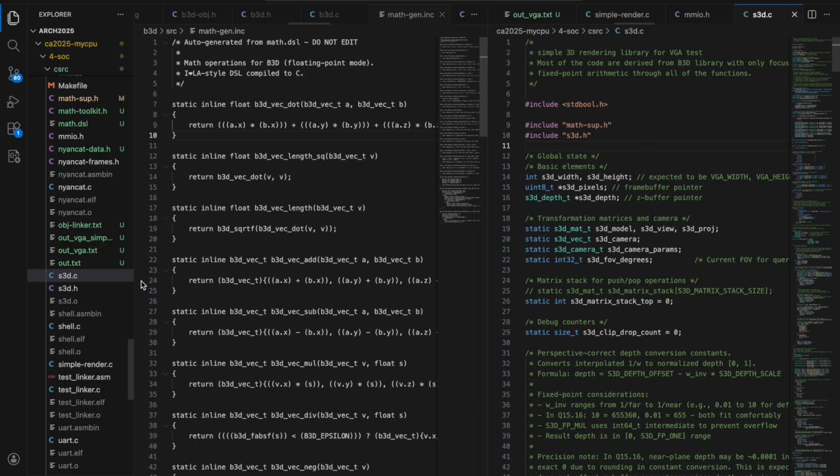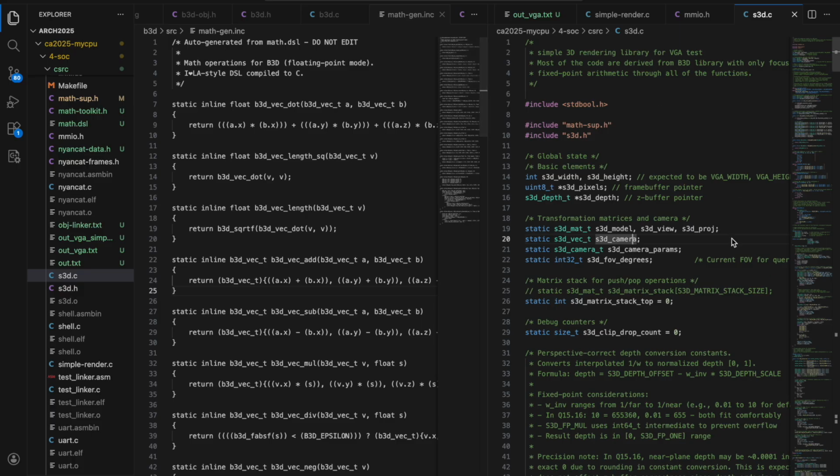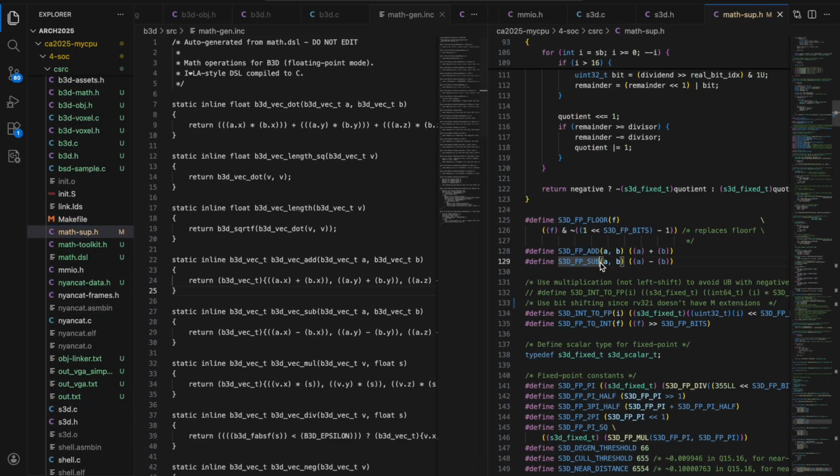So if I want to derive the matrix or vector operations from these programs into a version that could be supported by my CPU, which I typically wrote in math.h,